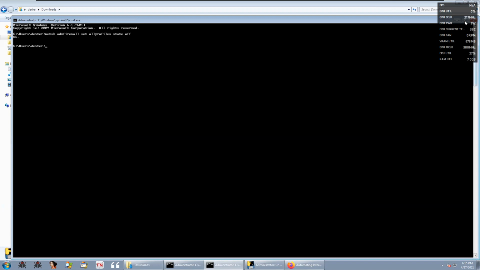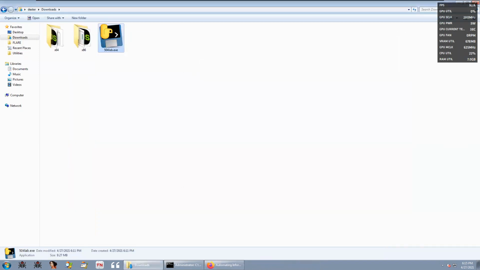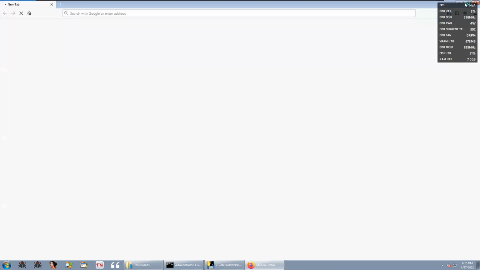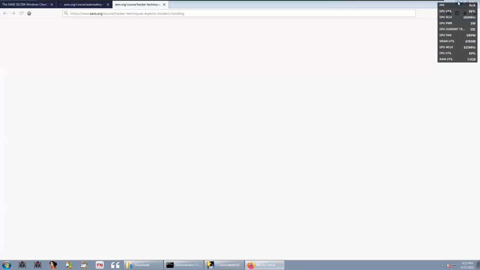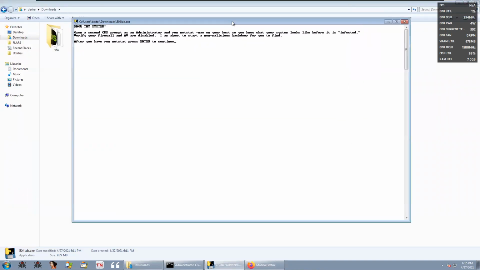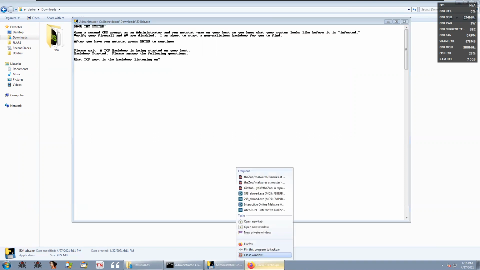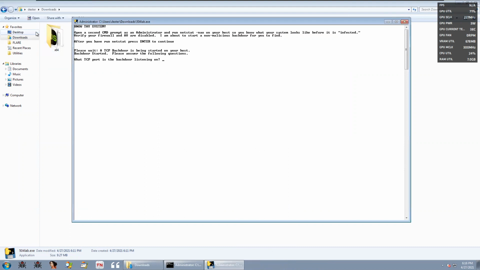The firewall is stopped now. It should work. Okay, backdoor started. It's time to give the answer. What TCP port is the backdoor listening on?